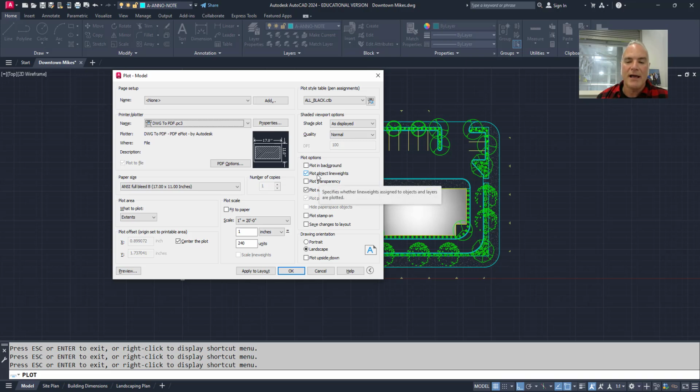Plot, you do want to have your object line weights on, because otherwise all of your line weights that you set in your layers will be ignored. If I say plot transparencies, then if there's any transparencies in the drawing they will plot, and if it's not checked, they won't, and so on. And then finally, the last thing that you want to do is you always want to preview